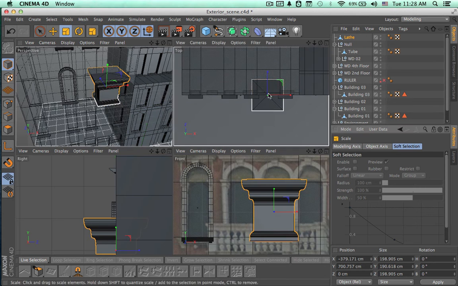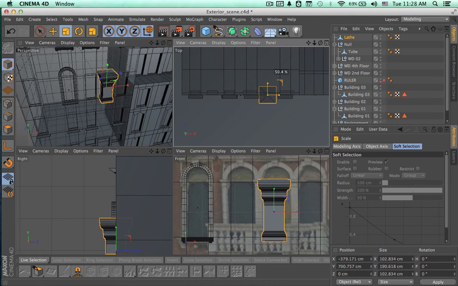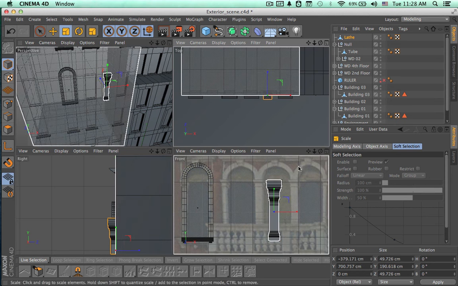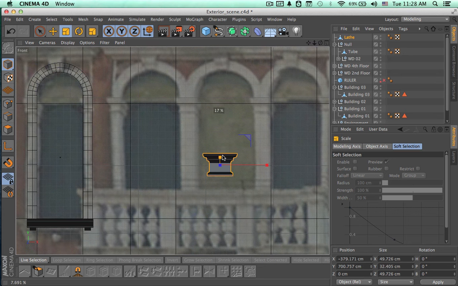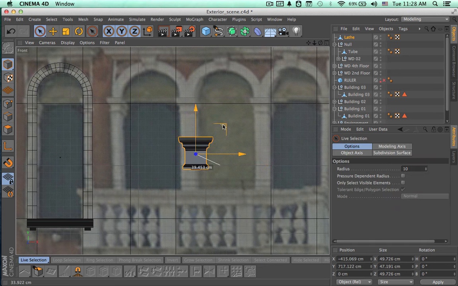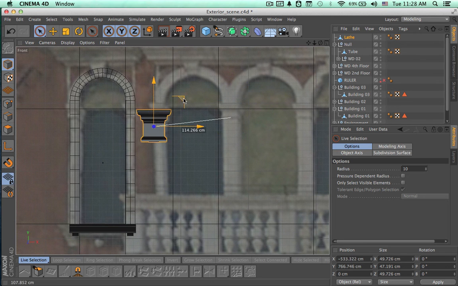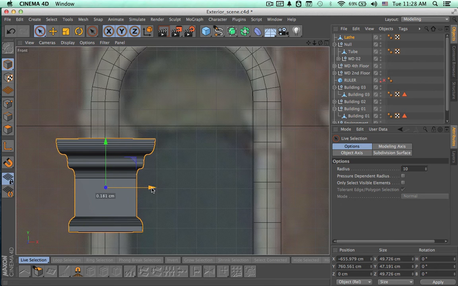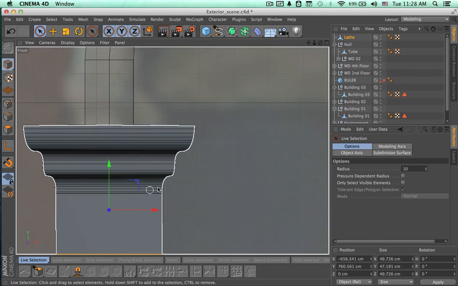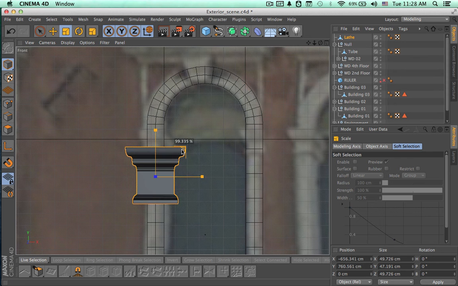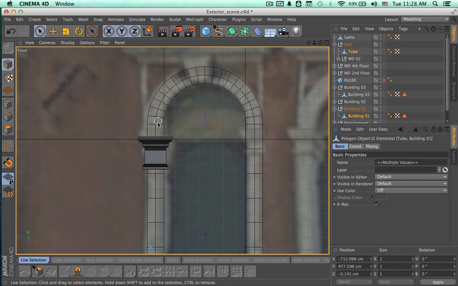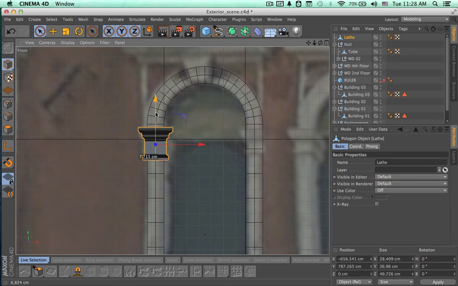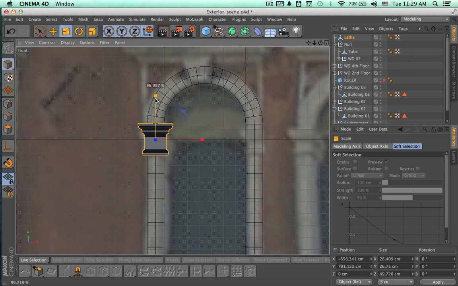So we have to make it a little bit smaller. So let's select it. We can always make it an editable object, so we can now continue scaling down. So basically this is all the process that we have to do. Just scale down this object until it matches the size of the object in the background picture, and then we are going to just place it where it has to be. And to place it we can use that edge in the middle of this arch to know where is the center of this arch. So just place it and scale it down,